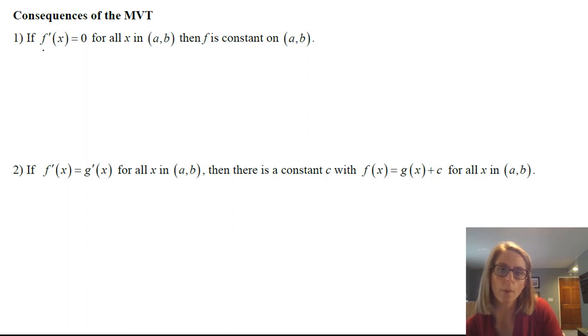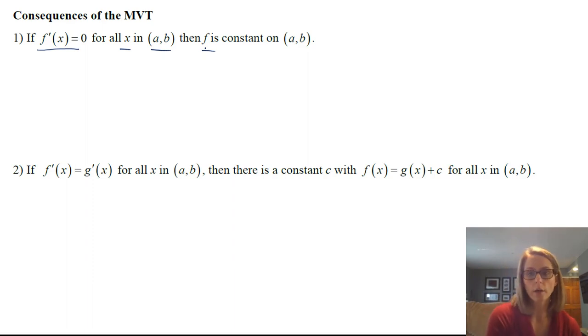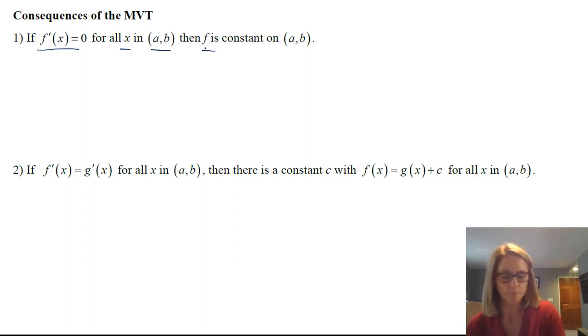So we're told, number 1, if the derivative of a function is 0 for all x in some interval, then that tells us that the function is a constant. Now you might say, well, of course, if the derivative is always 0, then it's a constant. But that has to be proved. You can't say, well, I can see it, and so it works.